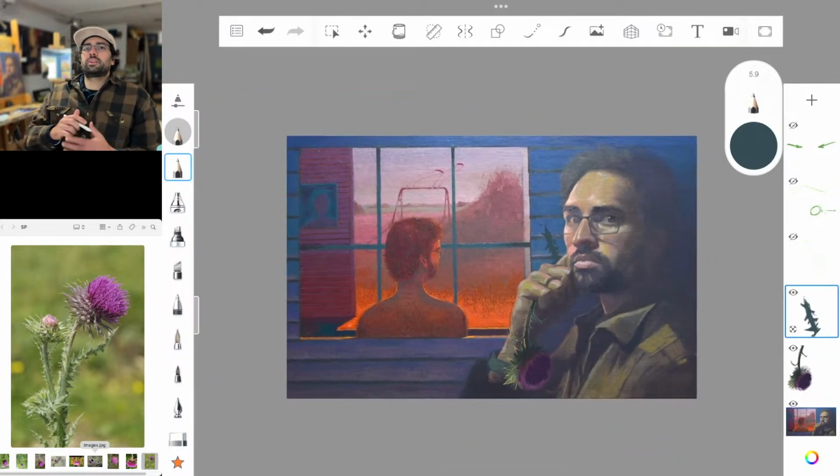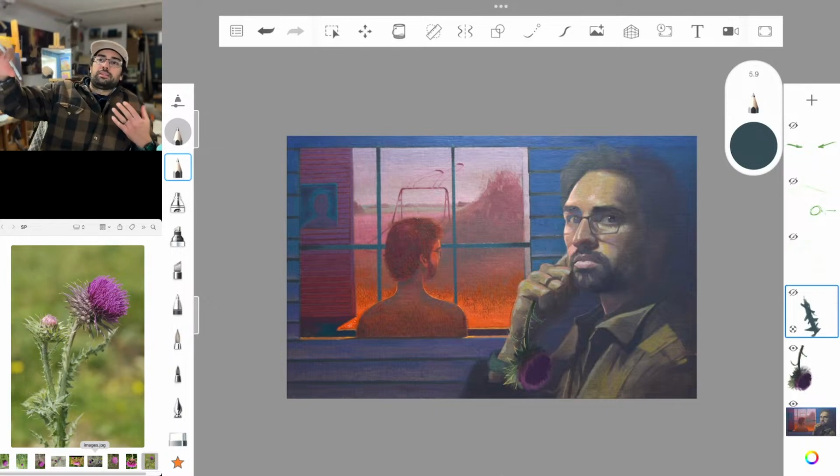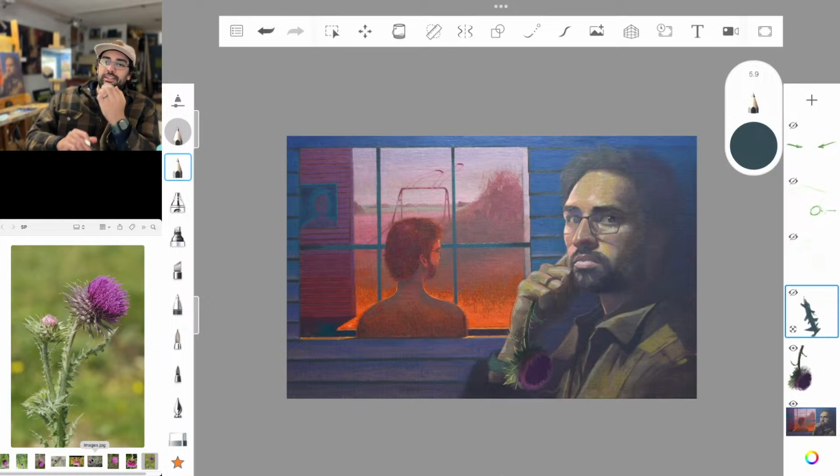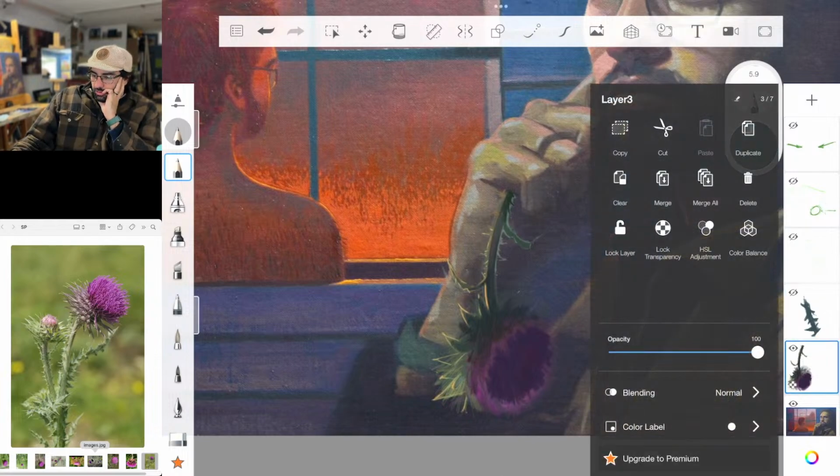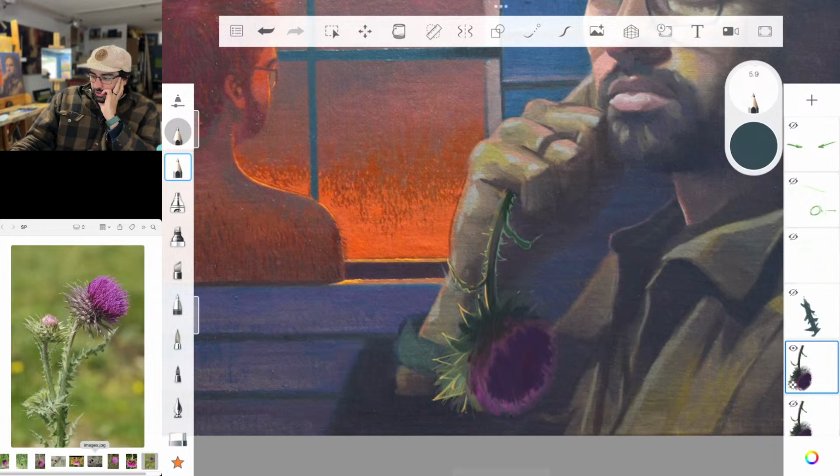Yeah, I don't know. I feel like maybe that doesn't fit the mood of the painting. Maybe it's better if there is no back end coming out from anywhere else. Like it sort of just stops in the hand. I think that's maybe a little bit more intriguing or mysterious. The other thing I kind of want to do is duplicate my